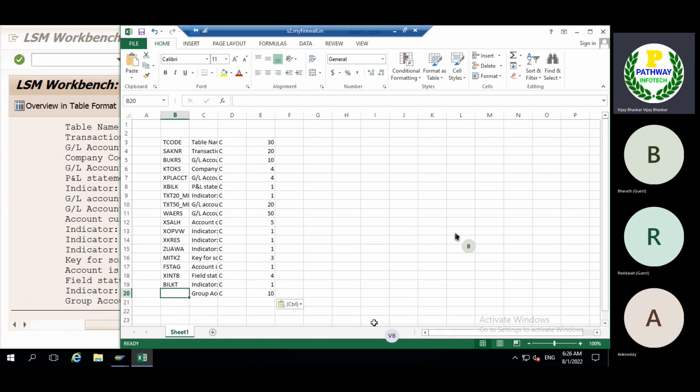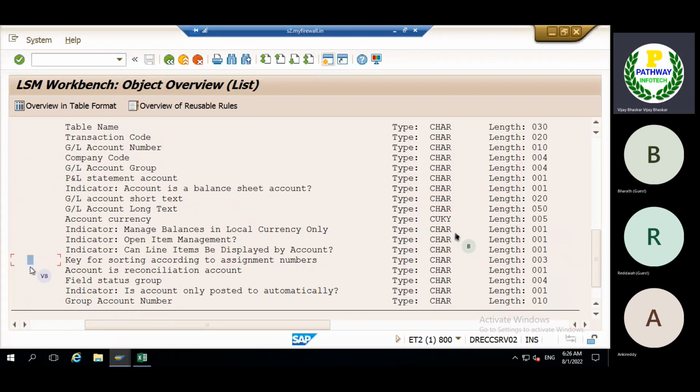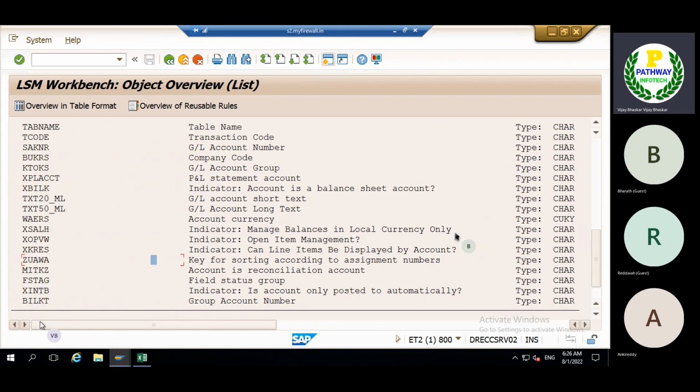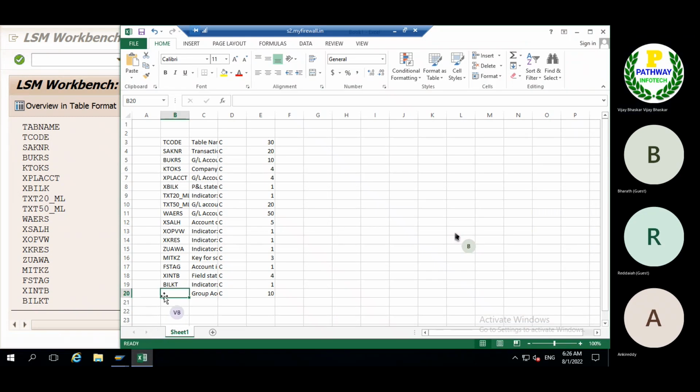Let us be careful here. If you are missing something, the system will not work. BILKT, this is the missing one. Something we have copied is wrong. After ZU. Table name.